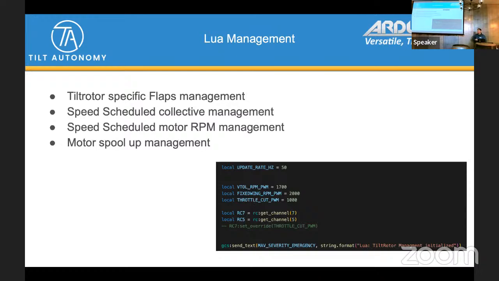As you can imagine, having that vast of a collective range, you can quickly create a massive parachute, depending upon your speed. And so making sure that you schedule that based on your speed is important. Do the same thing with RPM management. When you're flying as a fixed wing, you don't need all of that RPM, so you can back it off. Motor spool up management, like I said, is just managing the governors.